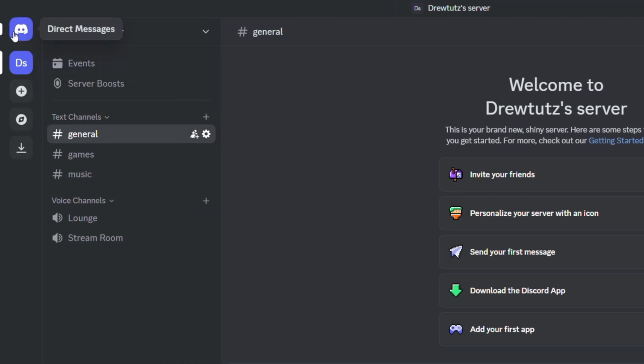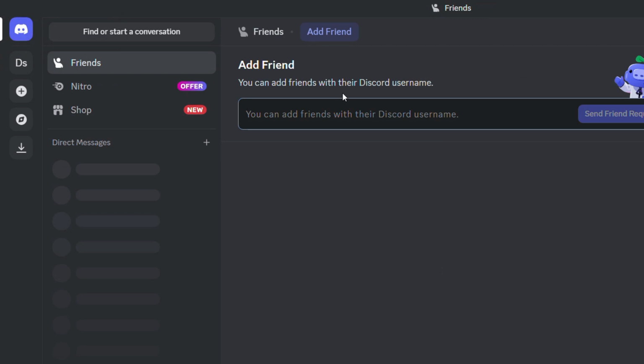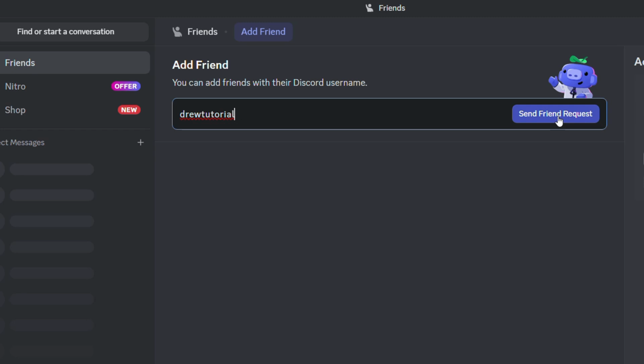Otherwise, you can simply click on the direct message at the top there for Discord, and you can search for a friend as well and invite them. So what I'm going to do, I'm going to basically search for my other account here, so that you can see how I would invite a friend. As you can see, you just need to enter their username and just go ahead and click and send